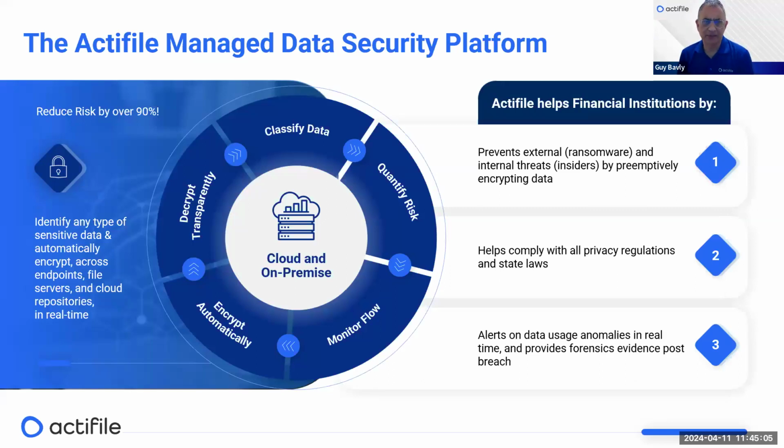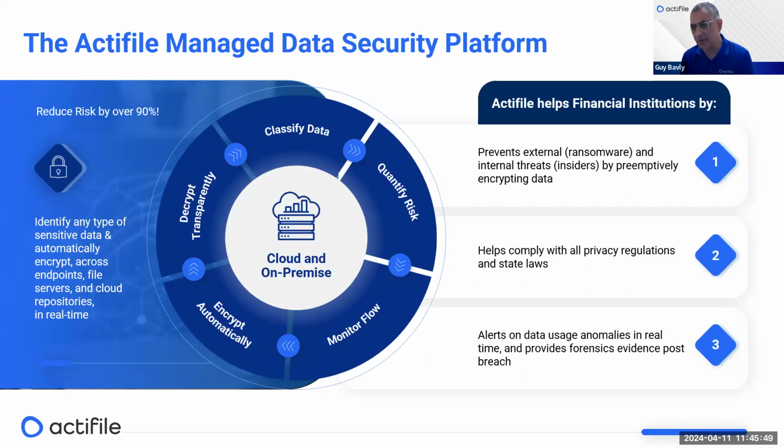So just to wrap things up, I want to talk for a few minutes about Actifile, what we do, and how we are already integrated with Enable. First of all, from a technical perspective, Actifile is a multi-tenant managed application partner portal running on top of Microsoft Azure. We have 3 deployment options: one for endpoints, Windows and Mac; the second one for on-prem file repositories, Windows, Linux, NAS; and the third one is for Office 365 across all the different file repositories, Teams, OneDrive, SharePoint, and the email. We're also working on a deployment option for Google Workspace.